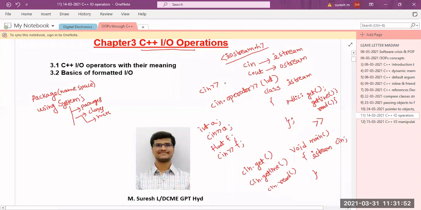From this concept you have to understand there is a class called istream, which is an input stream class, which is used to take the data from the default input device,